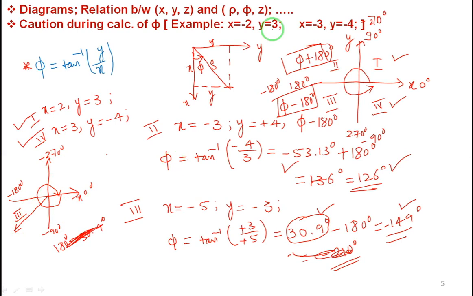So whenever the point comes in second quadrant, add plus 180 to the angle, the original value of phi, whatever you have calculated. If the point comes in third quadrant, subtract minus 180, that is, the original value of phi minus 180. Right? Okay, fine. I hope you understood. If the point comes in first and fourth quadrant, don't worry. Whatever the value of phi, that itself is the original value. But I am stressing once again, if the point comes in second quadrant, add plus 180. If the point comes in third quadrant, subtract 180. That's all. Right? Okay.